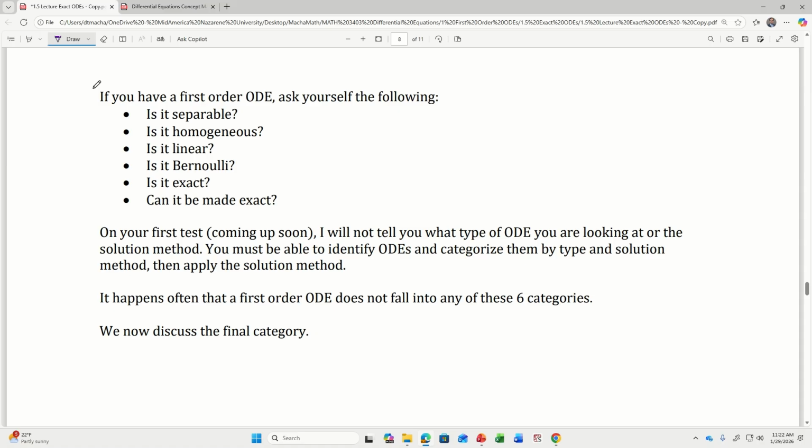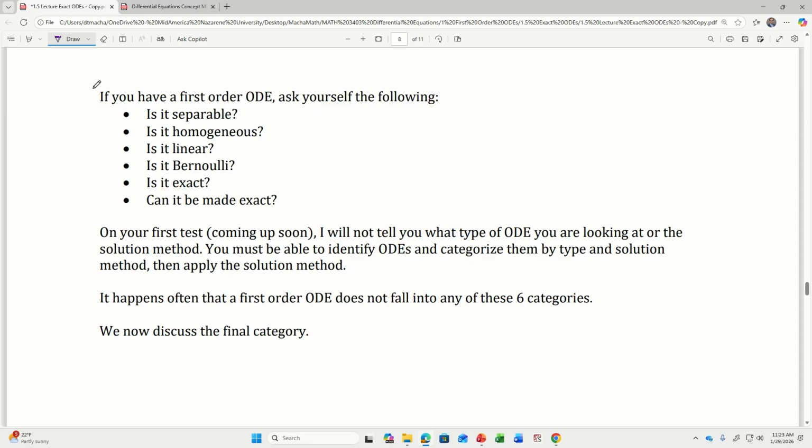And then for the remainder of the test, I have 6 different types of ODE I could give you, right? The 6 different solution methods we've come up with so far are separable ODEs, first order homogeneous ODEs that can be made separable by setting u equals y divided by x, linear ODEs and Bernoulli ODEs, where Bernoulli ODEs can be made linear with the substitution u equals y to the power 1 minus n. And then